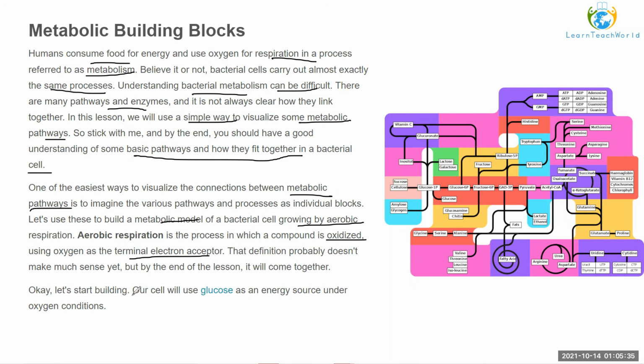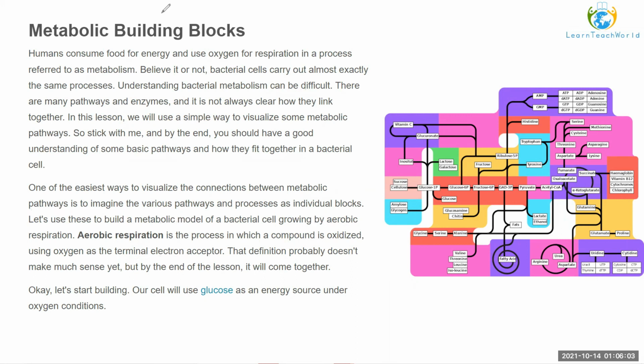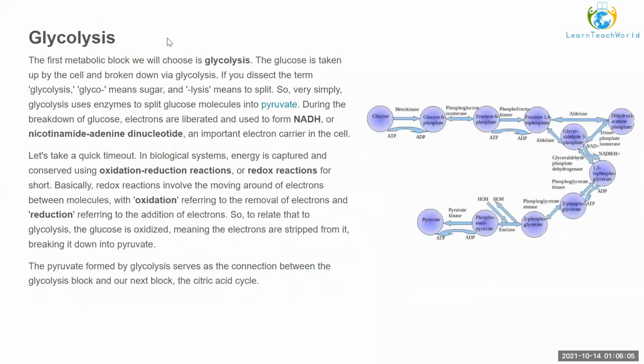So we'll start building. Now our cell is going to use glucose as our energy source under oxygen conditions. So this is a simplified way of showing all the building blocks in the cell of aerobic respiration. And we are going to now start with sucrose. And we need to go up till here. So when we start with glycolysis,